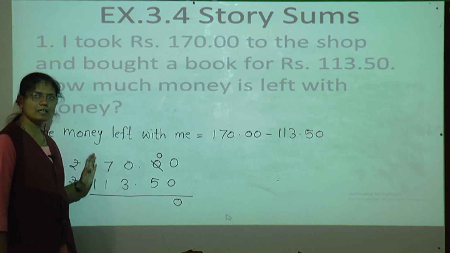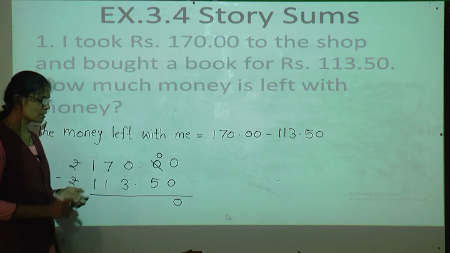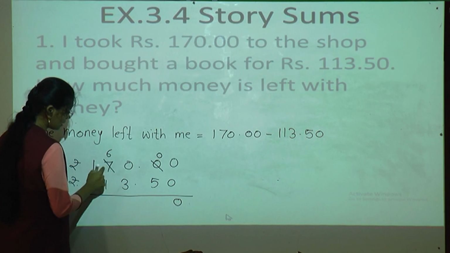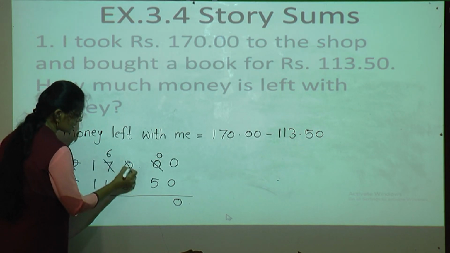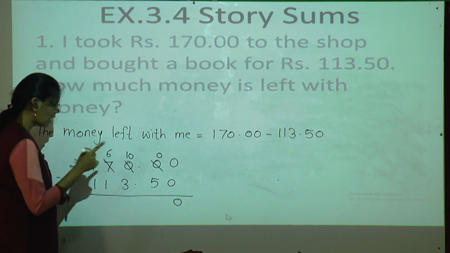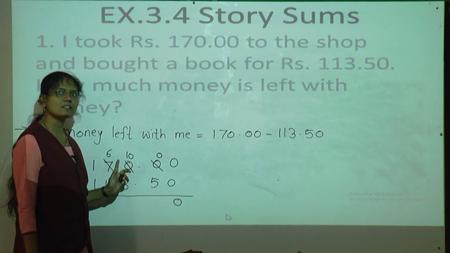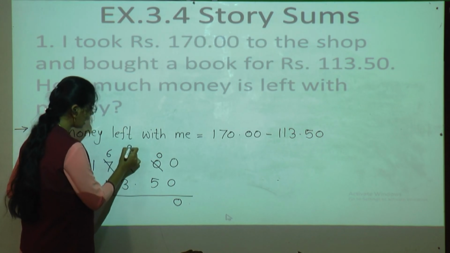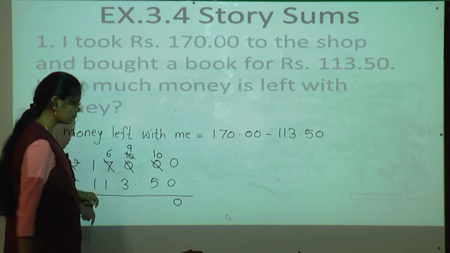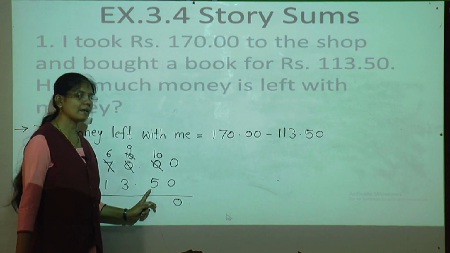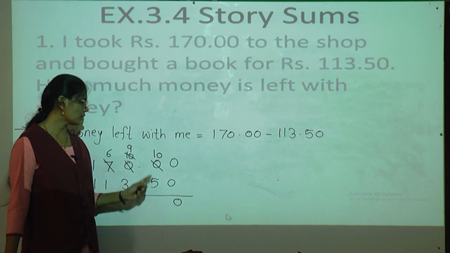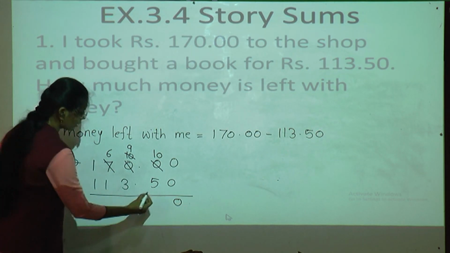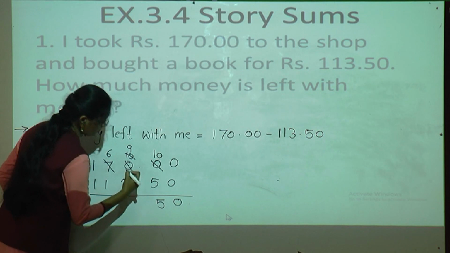Here 7 is there. So we will take one borrow from this neighbor. So here 7 minus 1, 6 will remain. So cut this 7 and write here 6. Then this 0 will become 10. Now we will take one borrow from this 10. Okay, so take one borrow. 10 minus 1, 9. Here 9 will remain and this 0 will become 10. Now 10 minus 5. After 5, count your fingers till 10. 10 minus 5, 5. Okay, so here we will write 5.